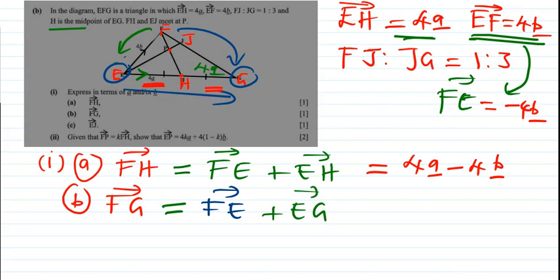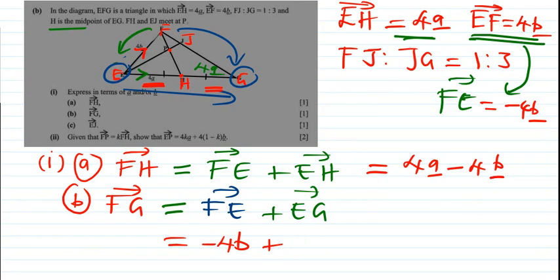Okay. Now FE, we're going in the opposite direction of the vector itself, because the vector is pointing from E to F, so it's going to be negative 4b. And then EG, we've noticed that EG is actually the total distance, so it's like 2 times 4a because it's